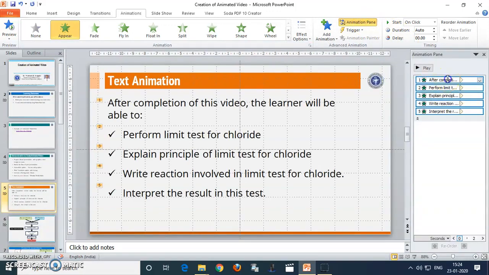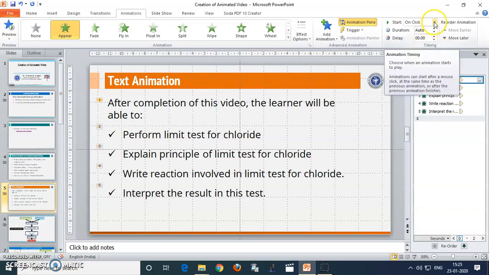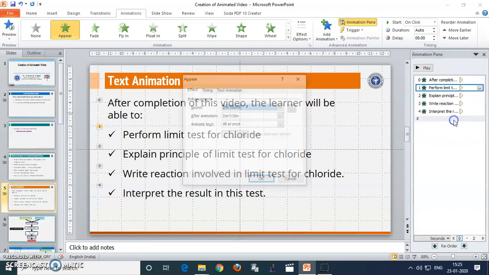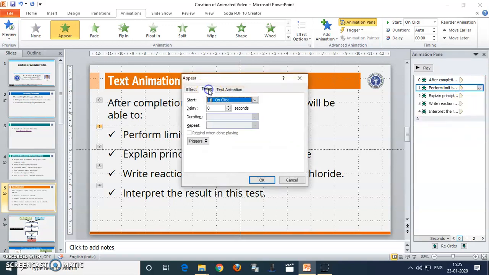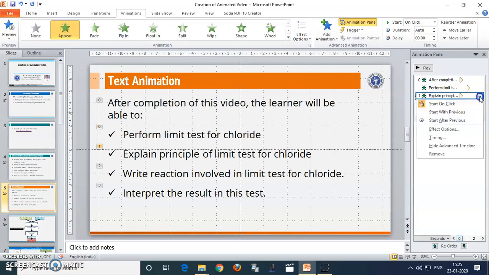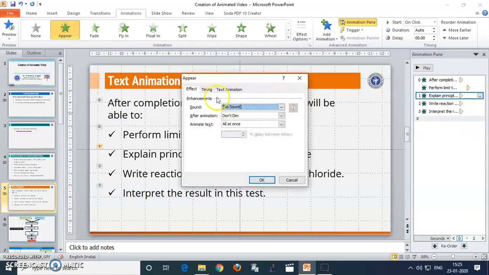Here you have to first change the start option to With Previous. After that, the second sentence should be changed by using the effect option. Go to the timing option, change the start point to After Previous, and then give 1 second time. This time is required for the students to read. Do it for the next. Similarly, effect option, timing,